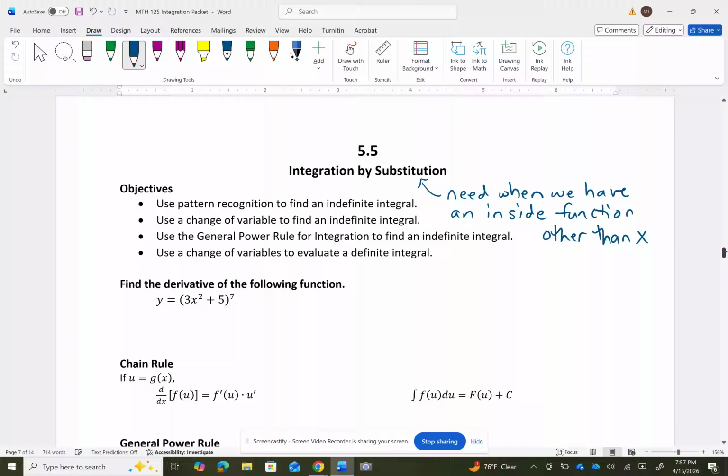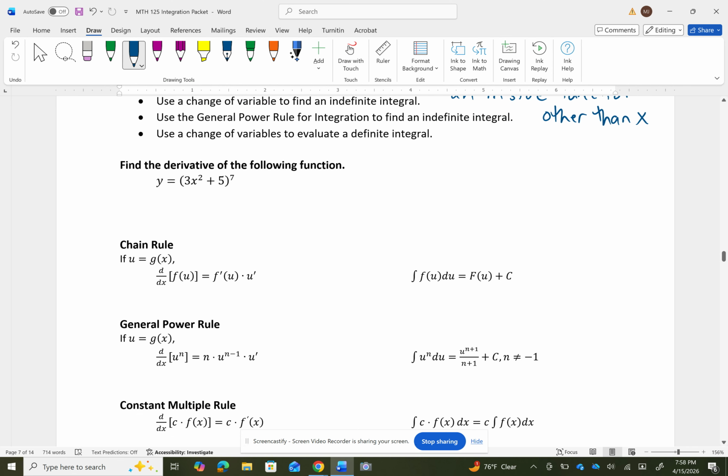What section 5.5 really is, is reversing, or doing the opposite of, what we did in section 3.4, the chain rule. Section 5.1 was actually the reverse of the basic derivatives that we learned in section 3.2. So, like if I did the derivative of y equals the quantity 3x squared plus 5 to